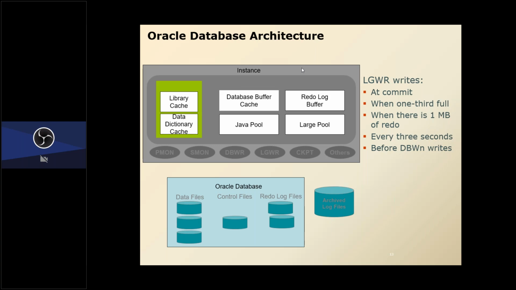So Oracle database architecture is divided into two parts: instance and database files. Now again, instance is divided into two parts: memory components and background processes. Your memory components include your shared pool, library cache, data dictionary cache, then database buffer cache, Java pool, redo log buffer, and large pool, along with other memory components. Your background processes include pmon, smon, database writer, log writer, checkpoint, and there are other background processes involved. Now, your Oracle database files include data files, which are the actual files,